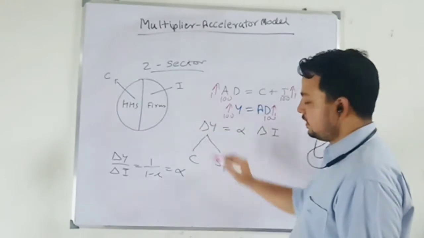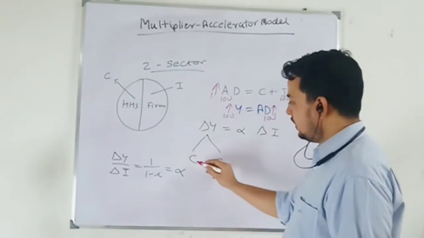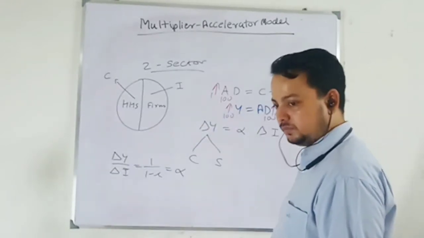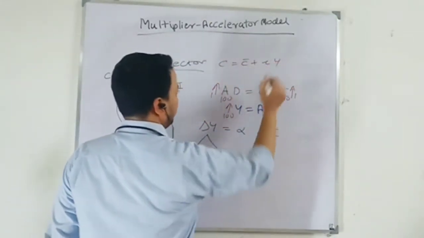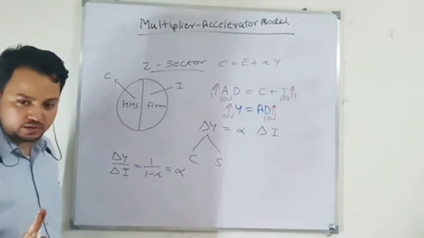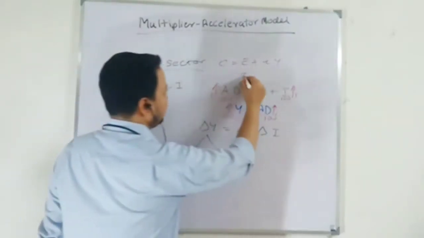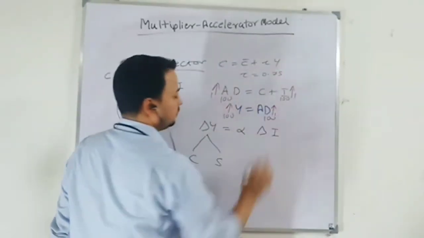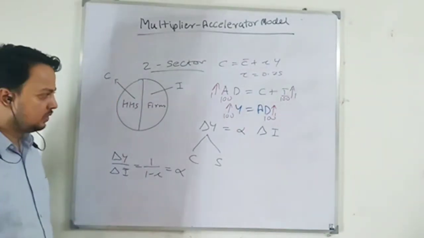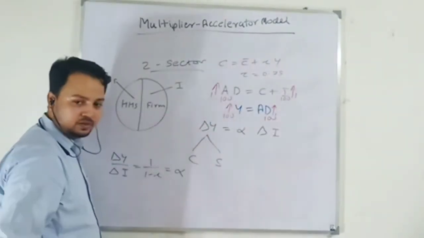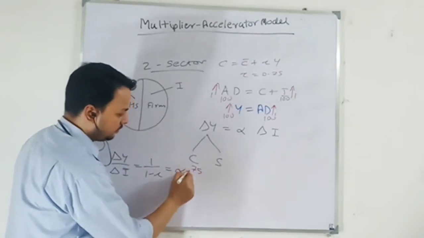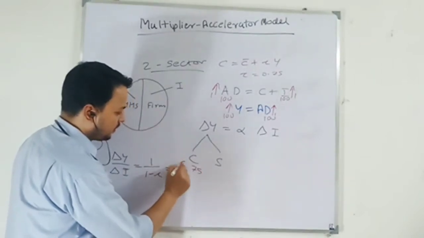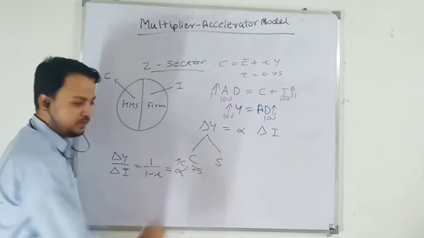This increase in income in the first time period needs an increase in consumption and saving both. What is consumption? C bar plus small c Y. C bar will not change, it is autonomous consumption. Say small c is 0.75, 75%. So when your income increases by 100, by how much does consumption increase in the first time period? 75. In the first time period, consumption will increase by 75.